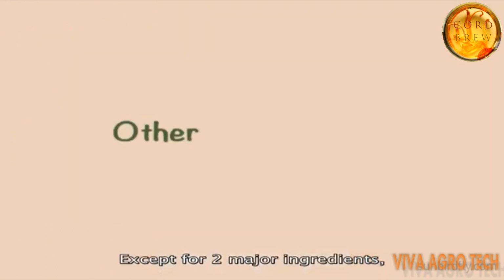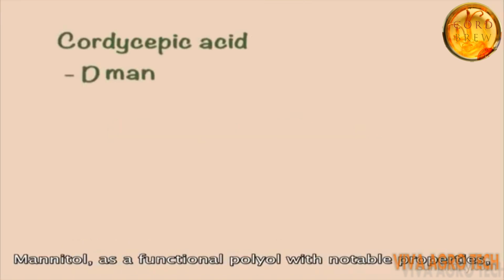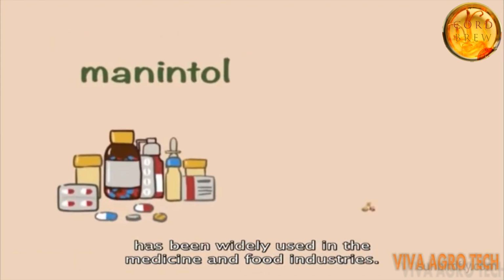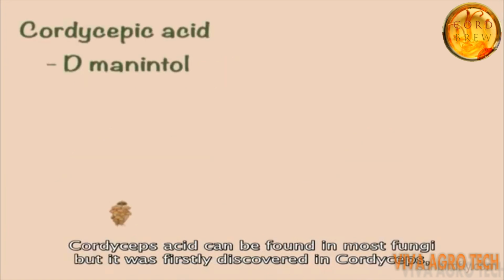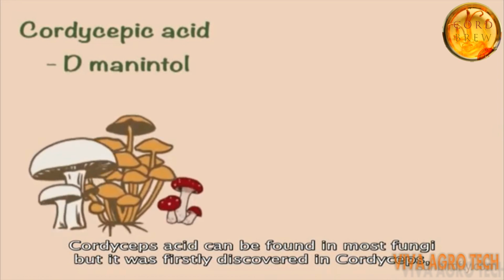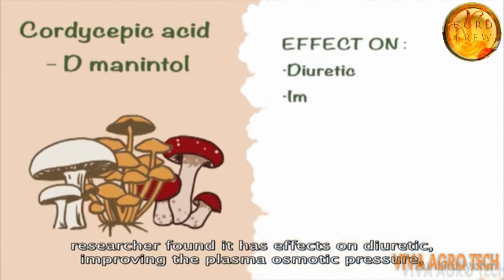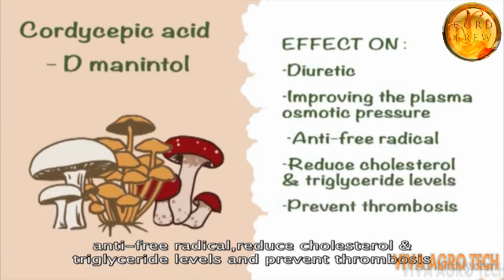Except for the two major ingredients, cordyceps contains several other nutrients that work together, making it a perfect food for health. Cordyceps acid was identified as D-mannitol. Mannitol, as a functional polyol with notable properties, has been widely used in the medicine and food industries. Cordyceps acid can be found in most fungi, but it was first discovered in cordyceps. Researchers found it has effects on diuresis, improving plasma osmotic pressure, anti-free radicals, reducing cholesterol and triglyceride levels, and